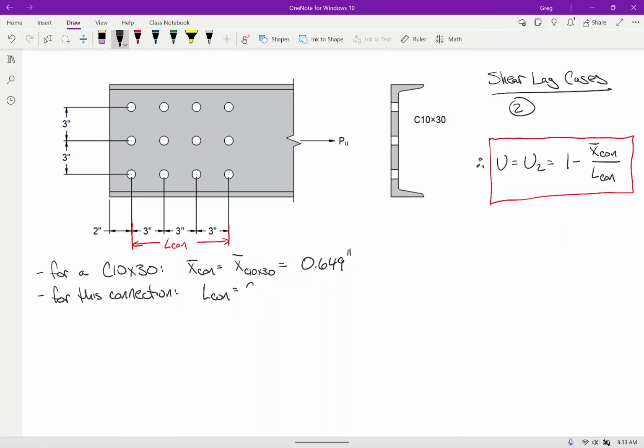My big thing that I wanted to get across is that it's not 11. Okay. By the way, this 11-inch term is going to be important later when we look at block shear. Because block shear, we are going to need to know this total distance. But for now, it doesn't matter. So therefore,